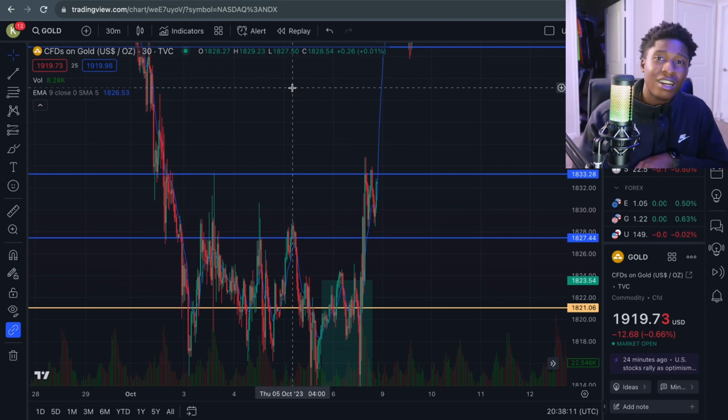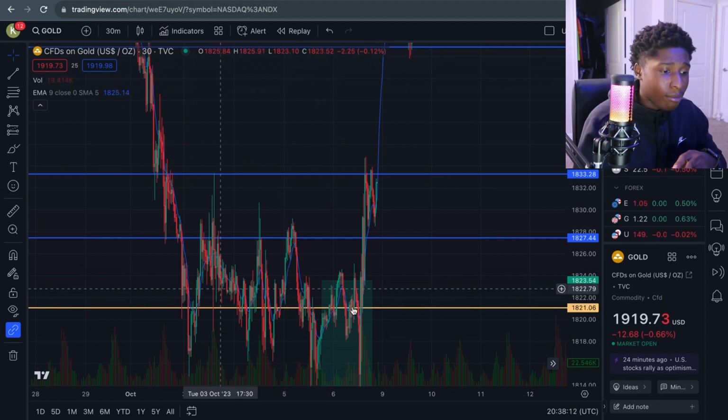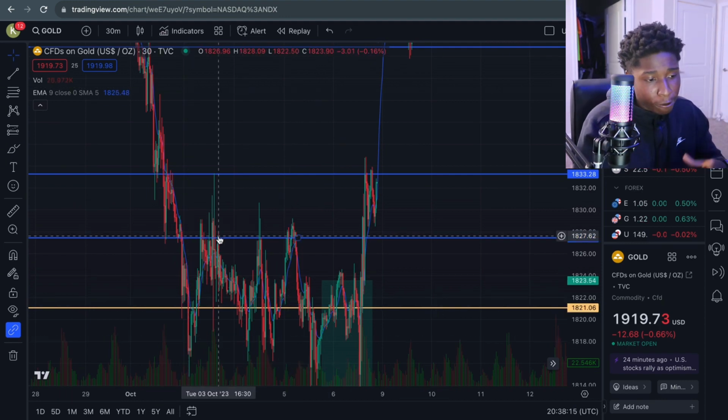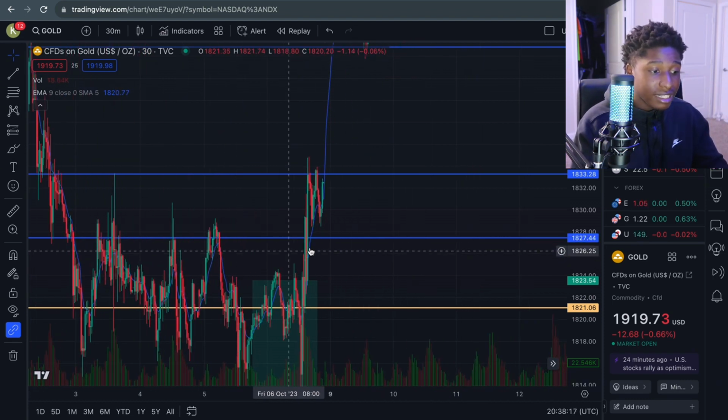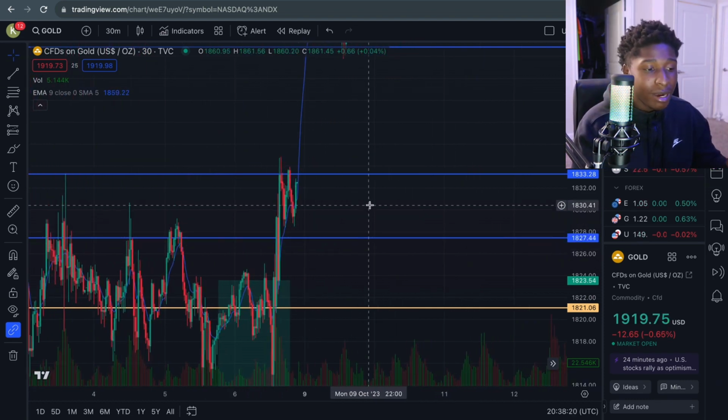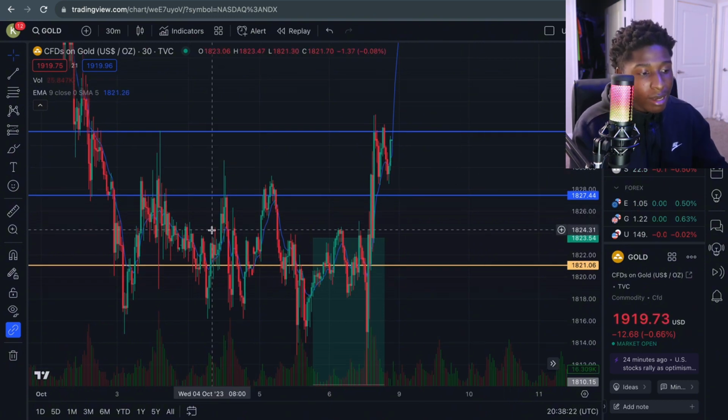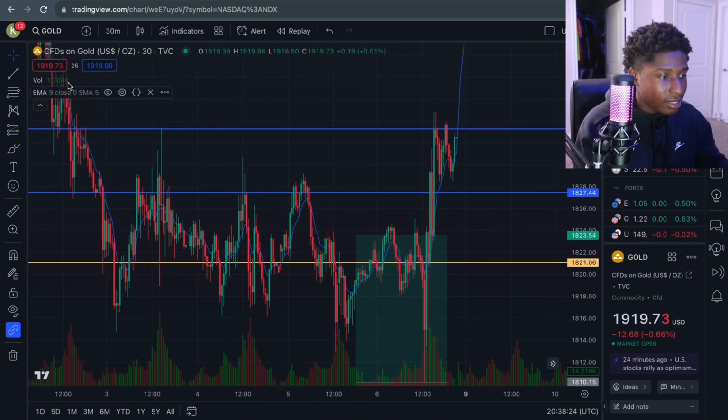We went down for about a good 4 or 5 days. And then we had about 3 days of support and resistance right here. So even though this is support and resistance, and it might look like you can't make any money in this chart right here, you can still make money in this chart, because like I said, man, you would easily go grab your trend lines,